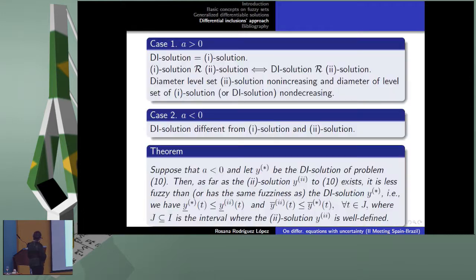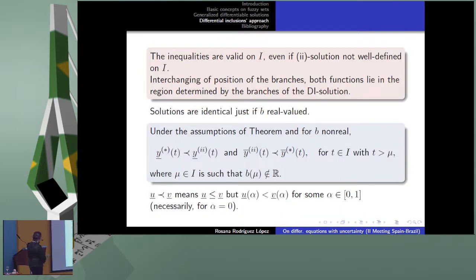Since I don't have a lot of time, I will make a summary of it. The ideas were written here. So the differential inclusion solution is always in the middle. The 1 solution has increasing diameter, the 2 solution has non-increasing diameter. And the other is in the middle. The 2 solution has a problem. Since the diameter is non-increasing, it could happen, in many cases, that the branches, if you make a picture similar to what I've made before, the branches in T, they can meet. If they meet and cross, the 2 solution does not exist anymore.